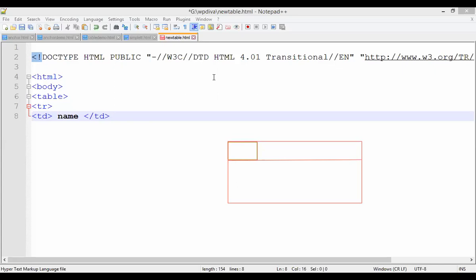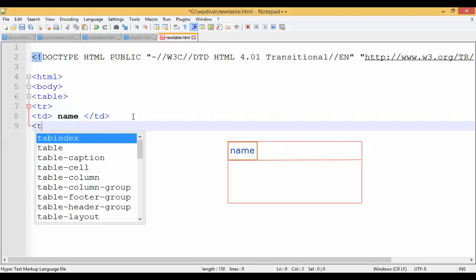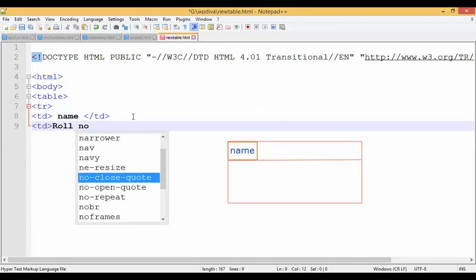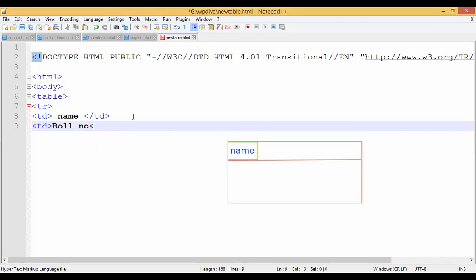Did you understand how to frame the data of a table? First, take a table tag. Inside that table tag, for example, I will just write it. You have to open the first row, and in that row, you are going to add TD. Now, I will take one more TD, and in that I will write Roll number. You have to take the first letter as a capital, guys. Here, I will write roll number and then I will close the cell.